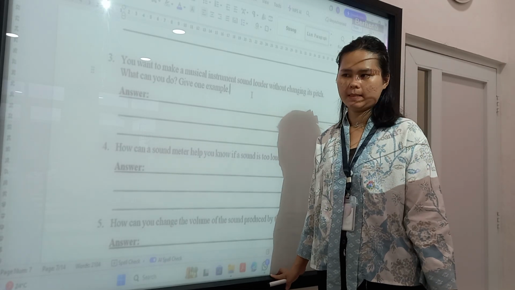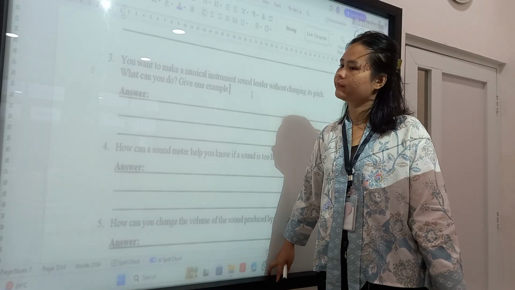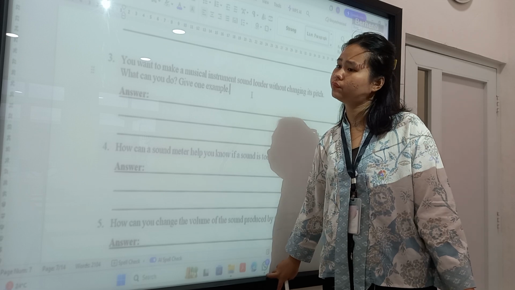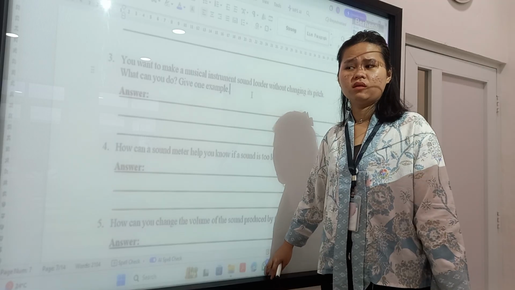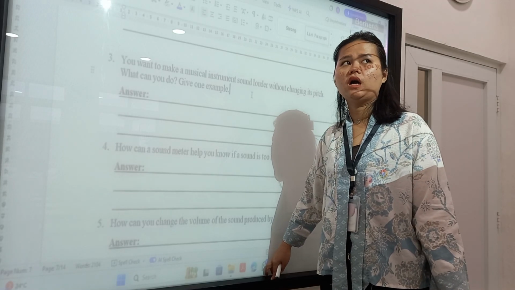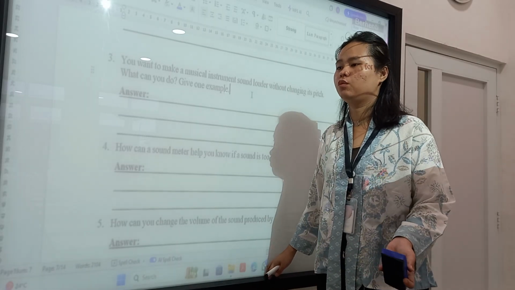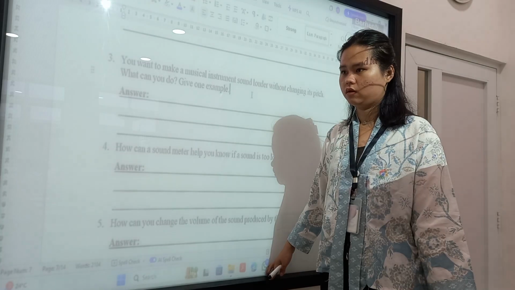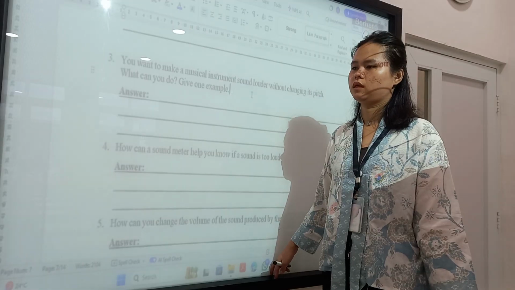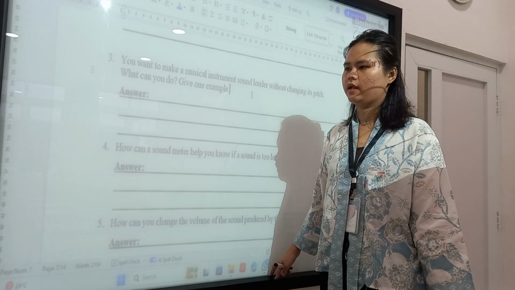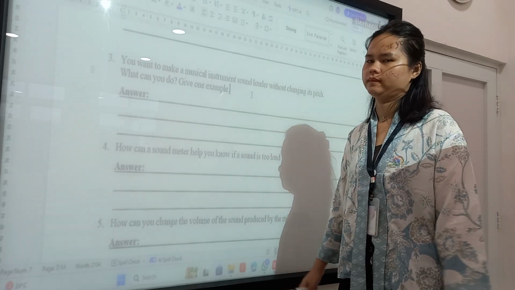Yeah. So I think it's just the same as the science project actually, right? From the conclusion that we can get, what if we put more water inside the bottle? What kind of pitch can we produce? Will it be higher or lower? If we put more water inside the bottle, the pitch will be lower. Okay, it will produce a lower pitch. Yeah. So if there is less water inside, it will produce a higher pitch. Yes. Okay, I think we just go to vocabularies now.